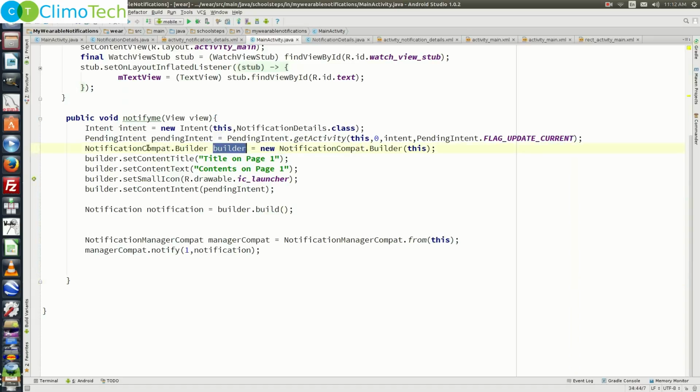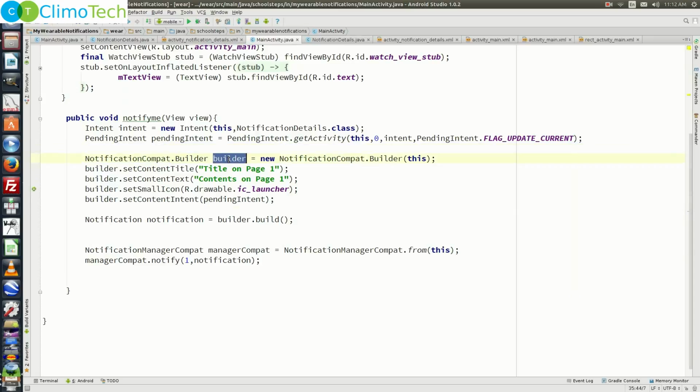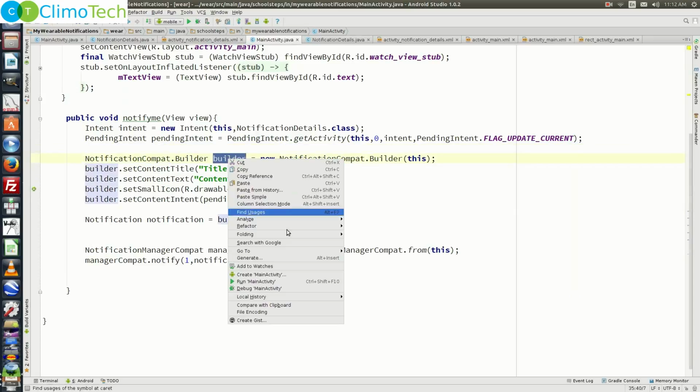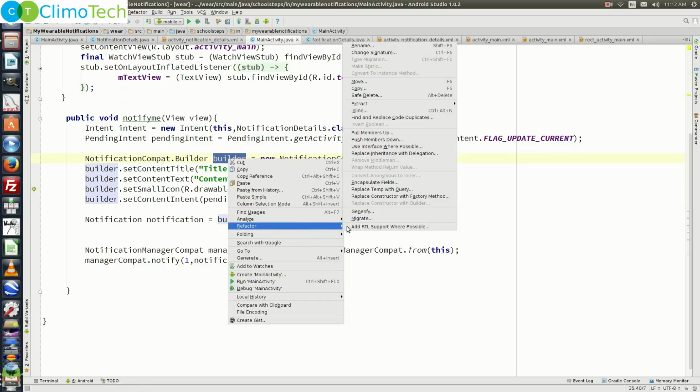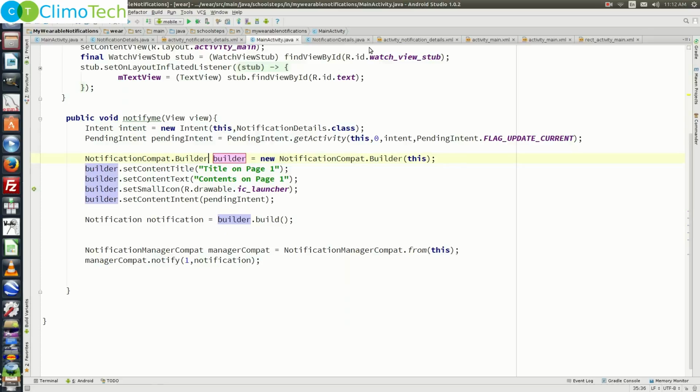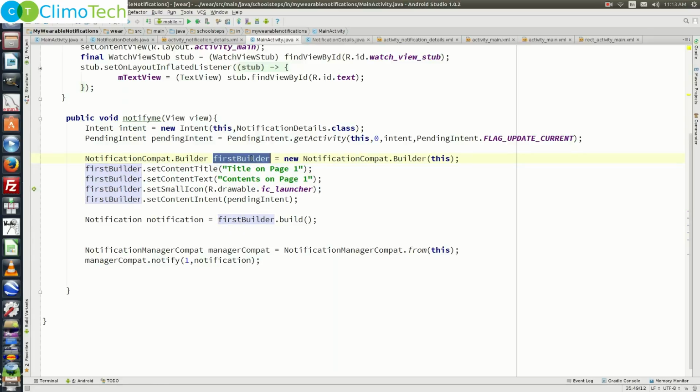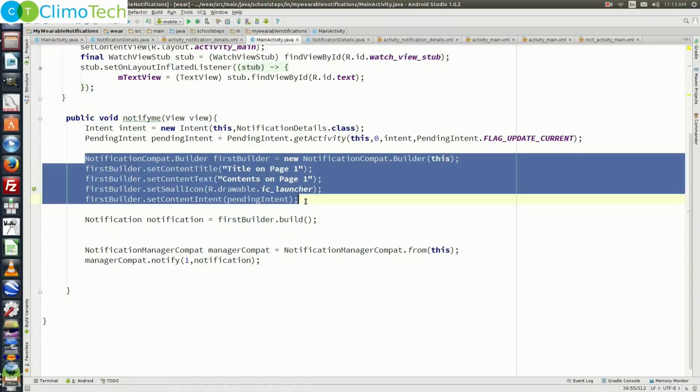Look for the builder object. Let's press enter here. Select the builder object, right click, go to refactor and go to rename. Rename it to first builder. So it will be renamed to first builder. Now the next thing which we need to do is to copy the code for the first builder